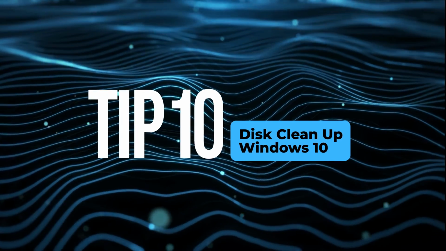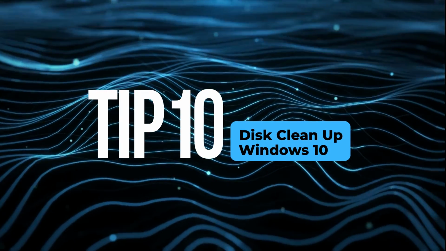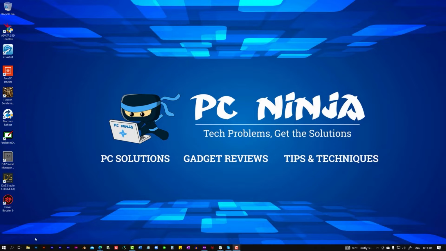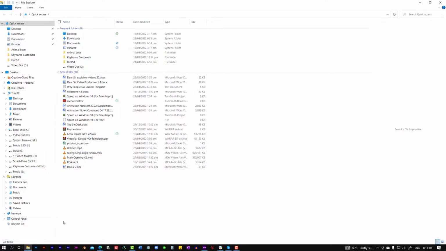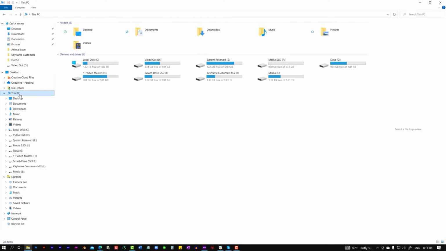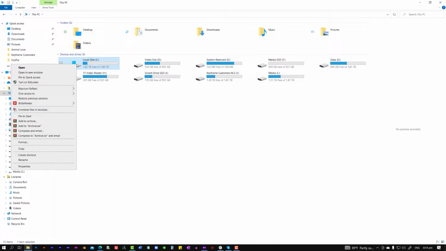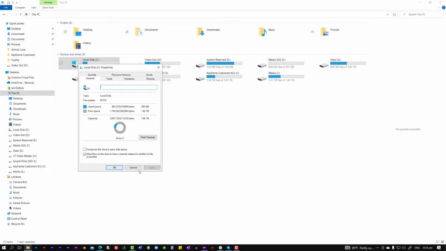Tip 10. Disk Cleanup in Windows 10. Running a disk cleanup on your main hard drive, where your operating system is, is always a good idea. So what we're going to do is go to My PC and find the C drive, or the drive that has your operating system, right click and select Properties, and then for